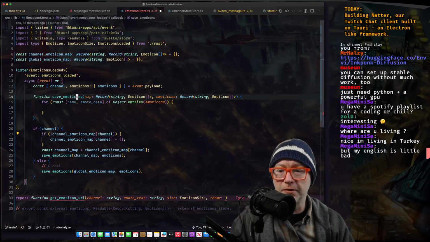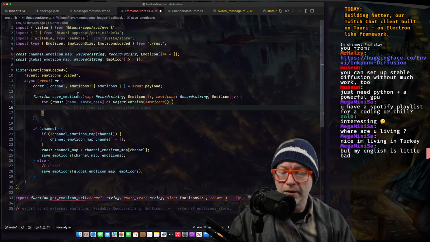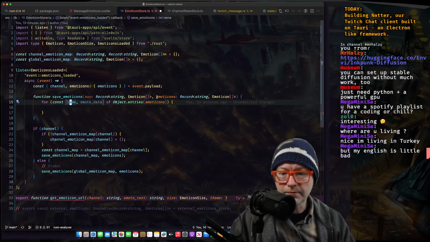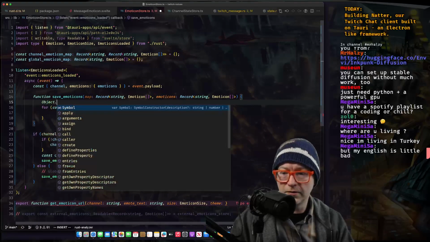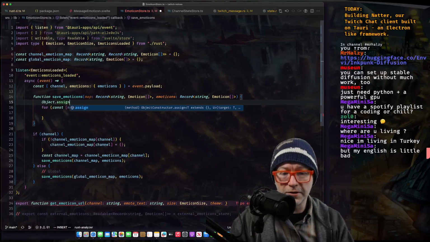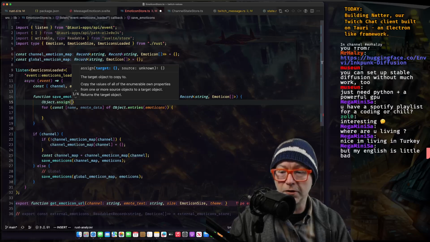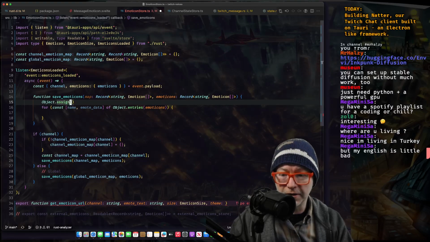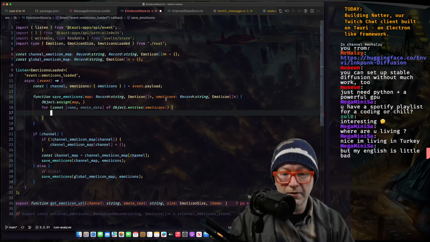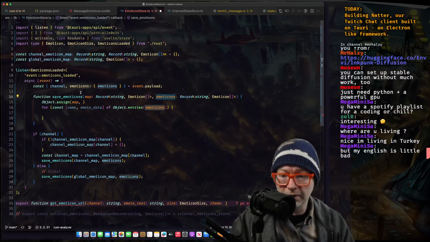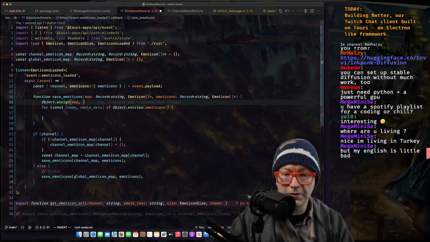Make sure my buffer is clear. Okay, now, how are we storing these emoticons? We could use Object.assign, right? Put our target as whatever the channel is that came in the map, and then have emoticons be the new thing that gets shoved into that.